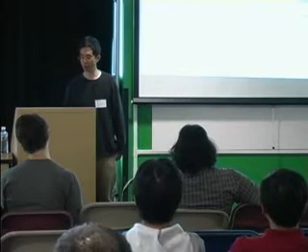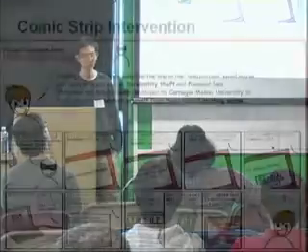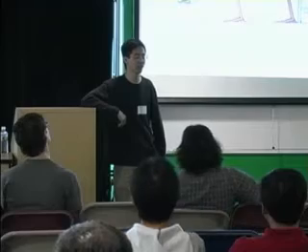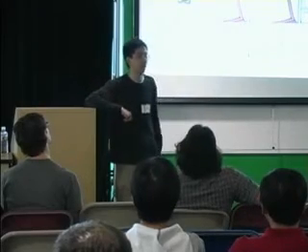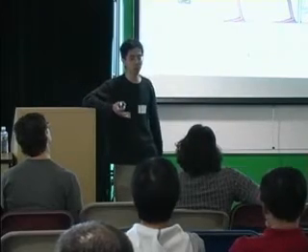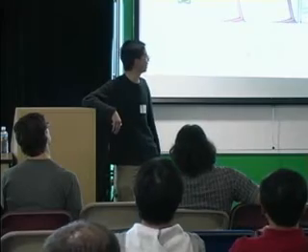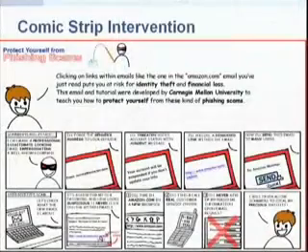Okay, so this is our first intervention. The second intervention, and what's interesting is that we almost did this half as a joke because we wanted to try something completely different in terms of the design space. So we said, well, what if we created a comic strip that explains how phishing attacks work? The top part of this comic strip describes what the criminal is doing and how he's actually doing his work.